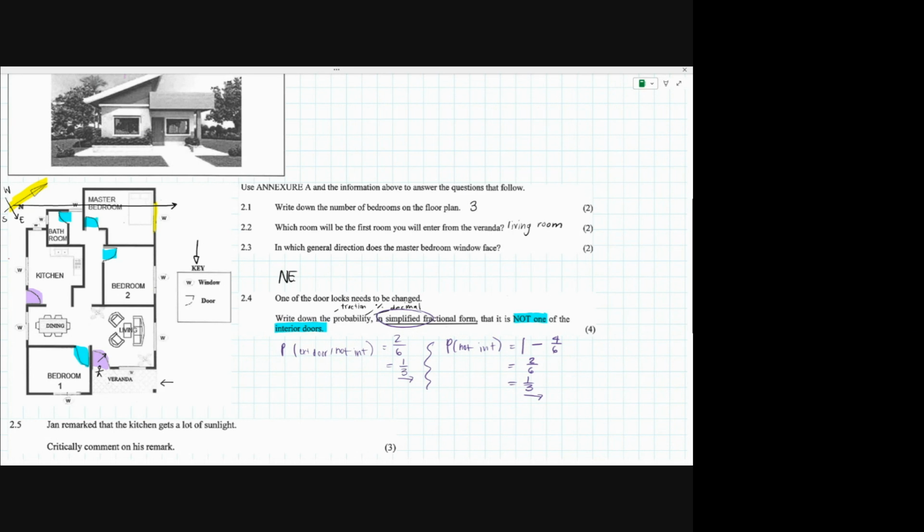read or get information from a diagram, from a table, from a graph, whatever the case may be, we give you marks for writing down the appropriate value from that graph, table, diagram, whatever. So a mark is allocated